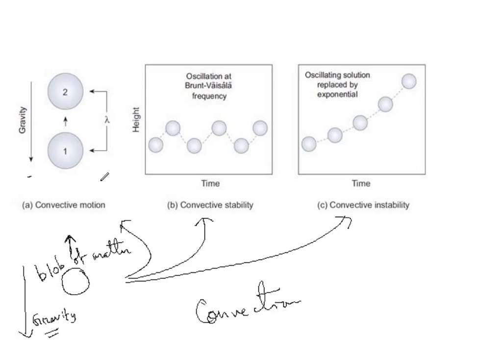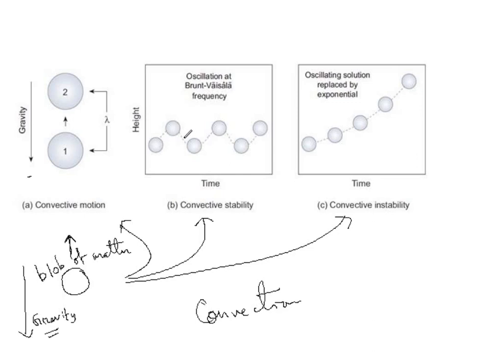Now, in case there is convective stability, the displaced blob will experience a restoring force, like this, that tends to return it to its original position. So the blob is displaced, and then there is a restoring force, so it comes back to its original position. However, because of this overshooting, when it comes back, there is a sort of overshooting,